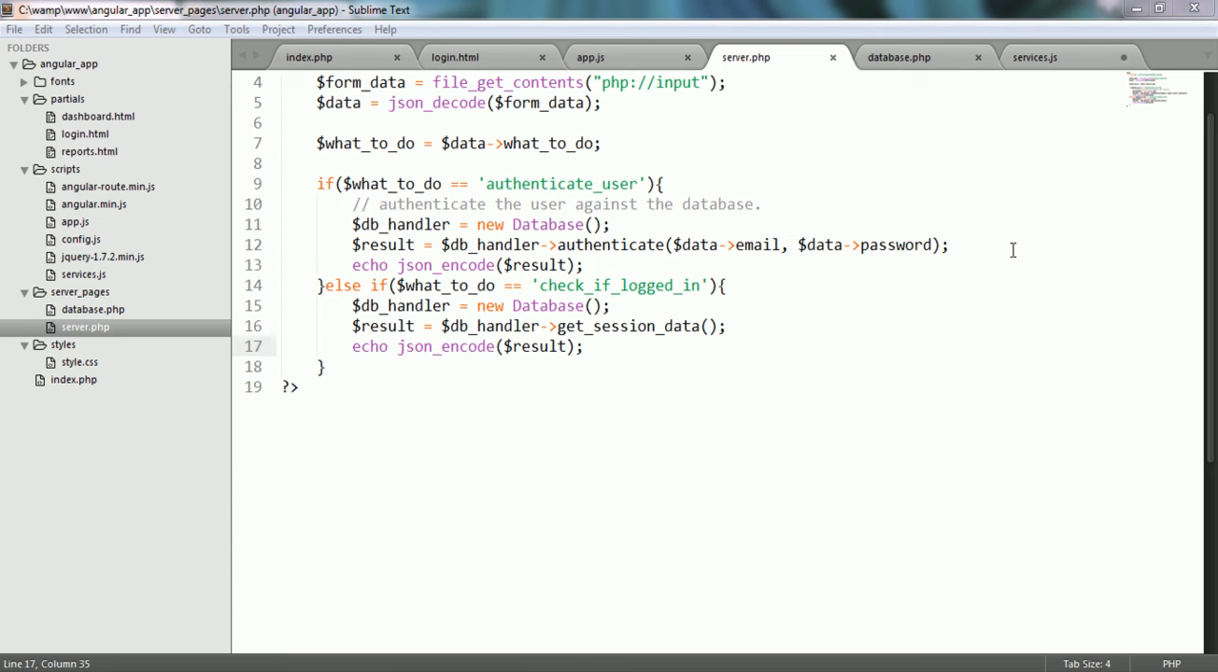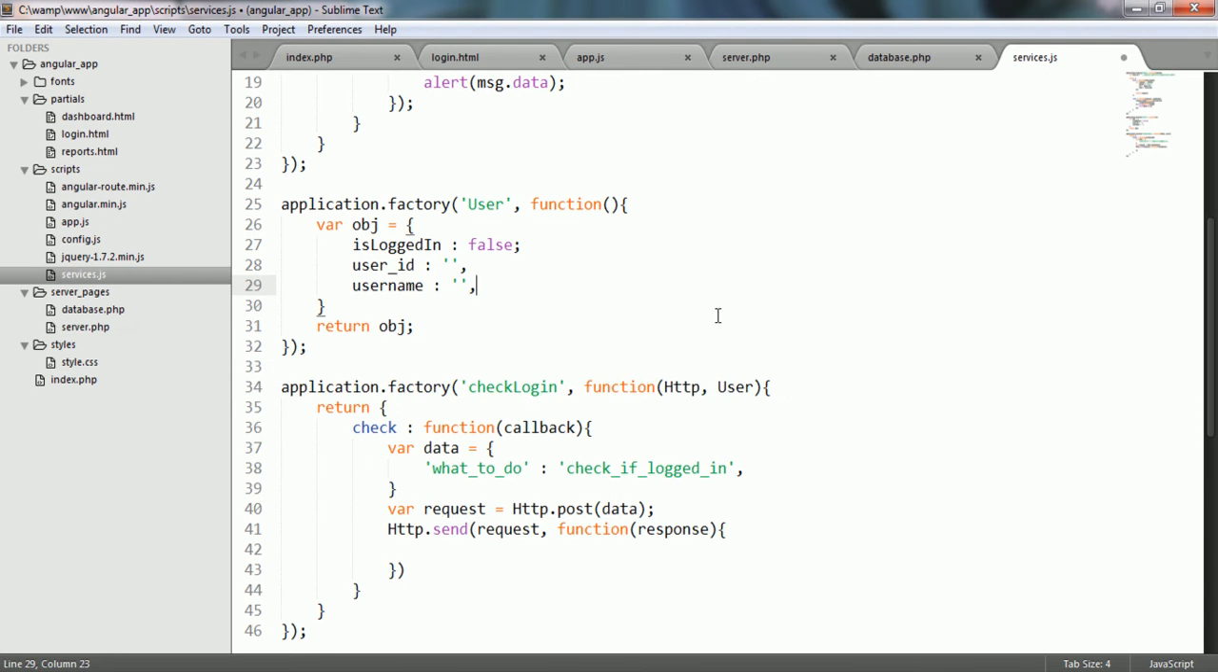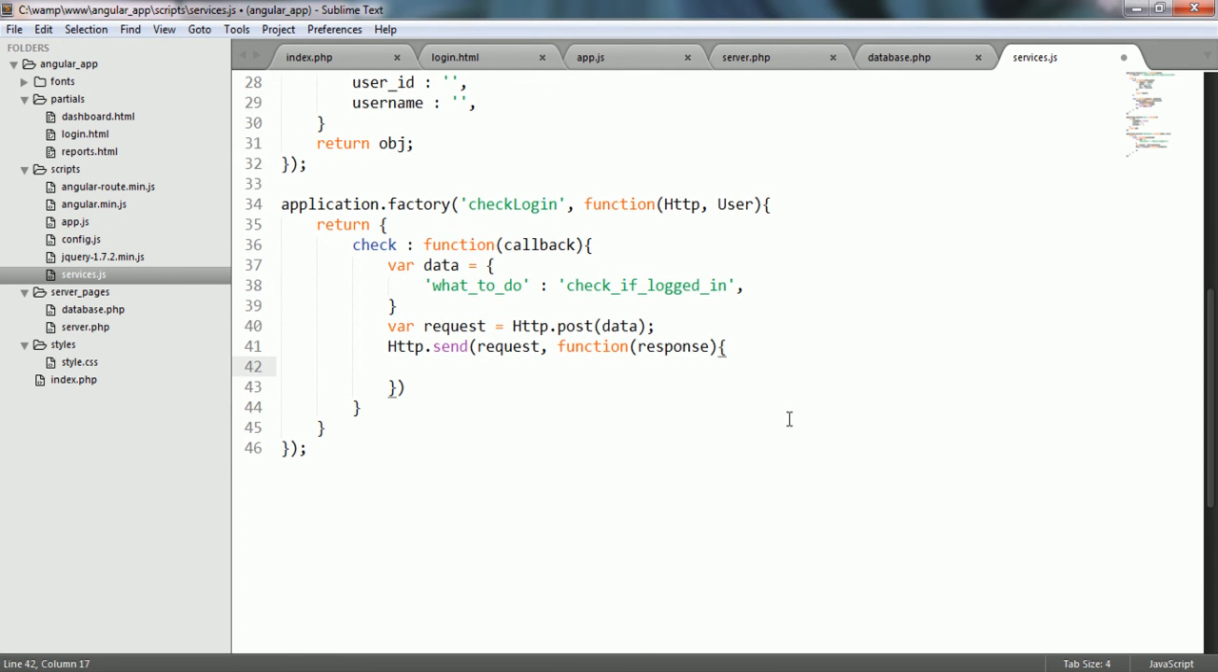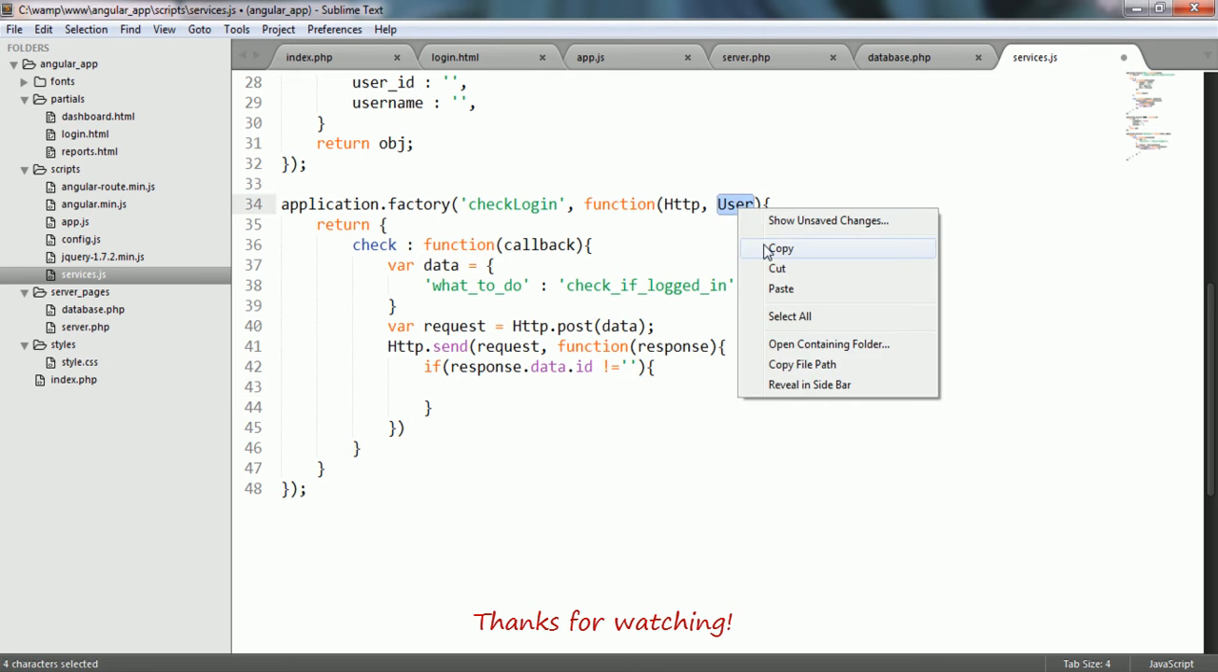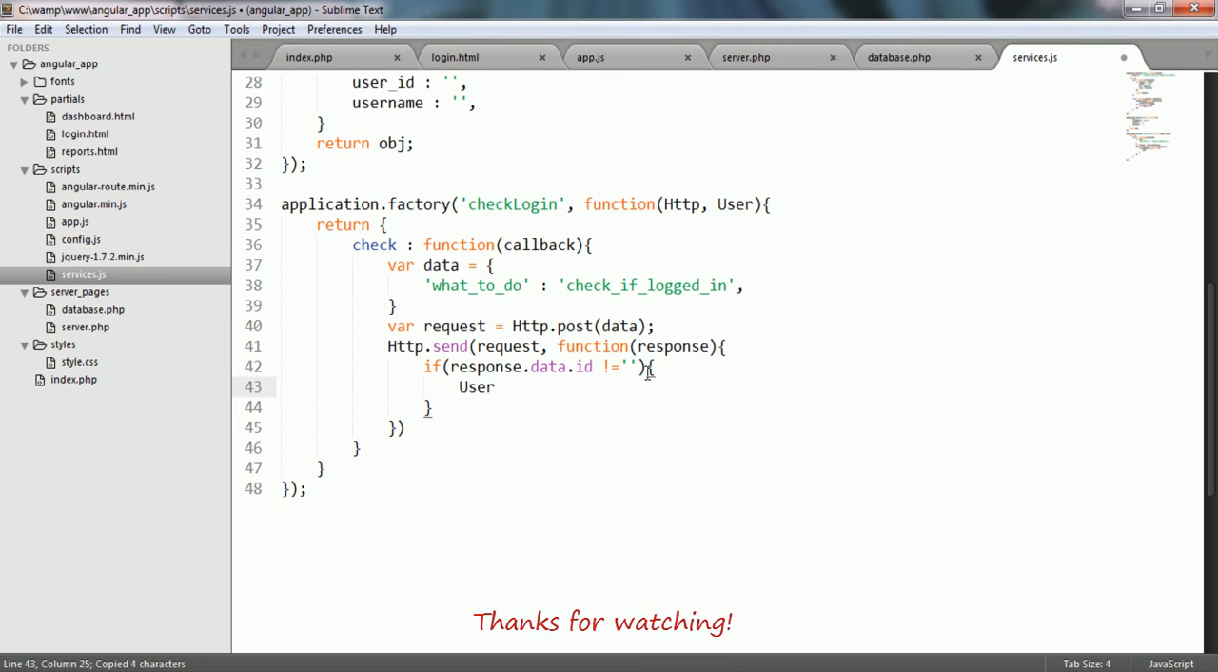Now I go to the services.js, and here inside the body of this function I say if response.data.id is not empty, then here I copy this user service and paste it here and set its isLoggedIn property or key to true,